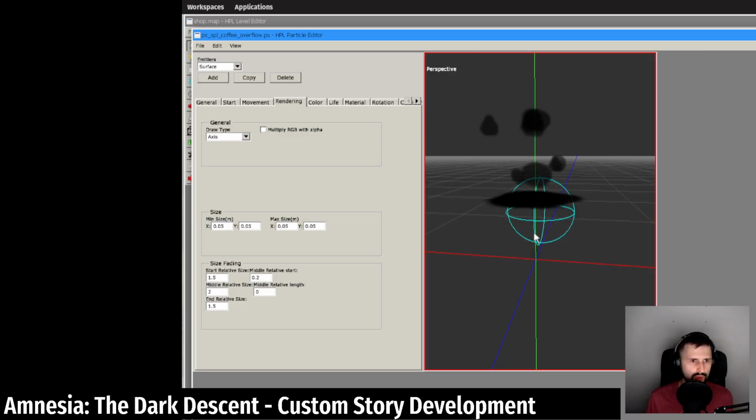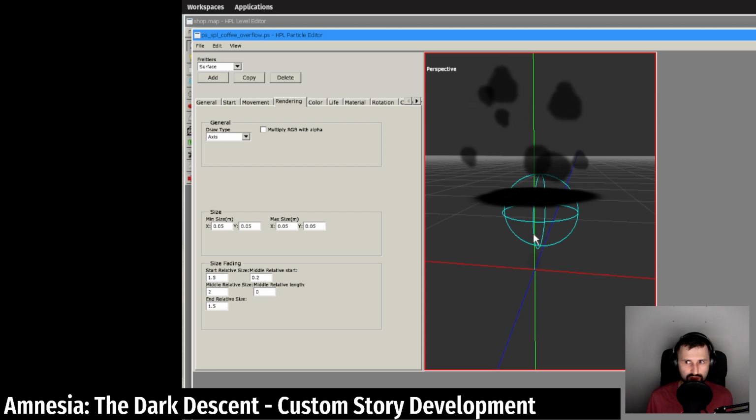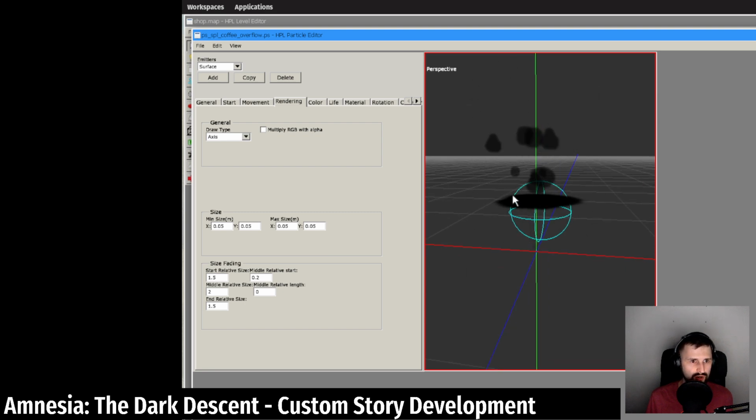So it's okay. We will place our particle system a lot lower, but I think a better way of doing this would be to start the surface on the actual ground so that we know where to place it, and then start the spitter